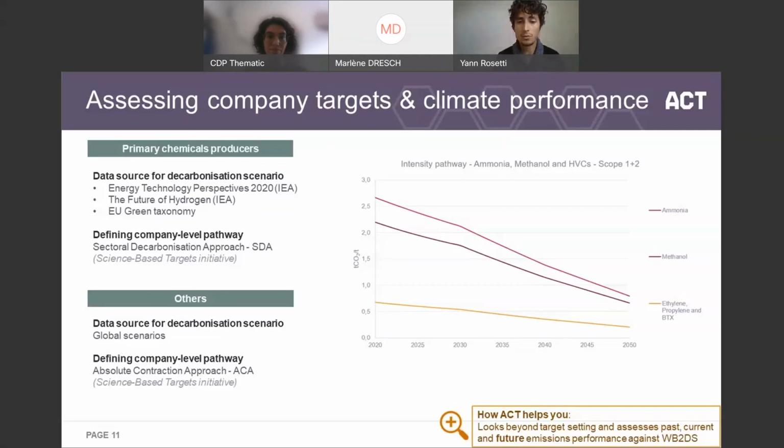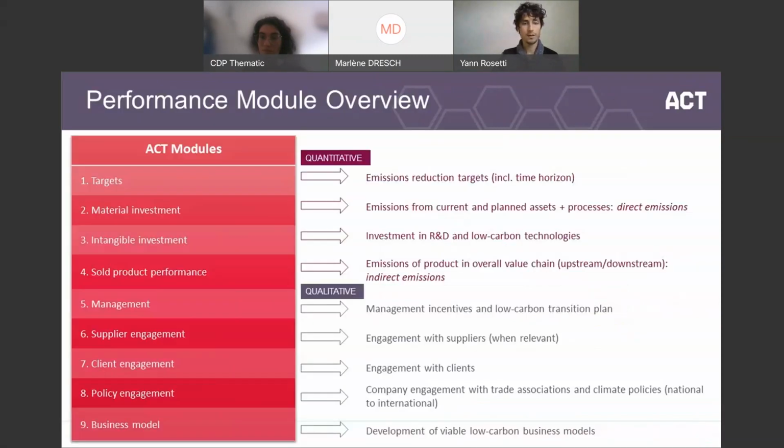So ACT looks beyond target setting and assesses past, current, and future emissions performance against the well below 2 degrees scenario. Here we present a bit more in detail the ACT modules, so the 9 modules that are part